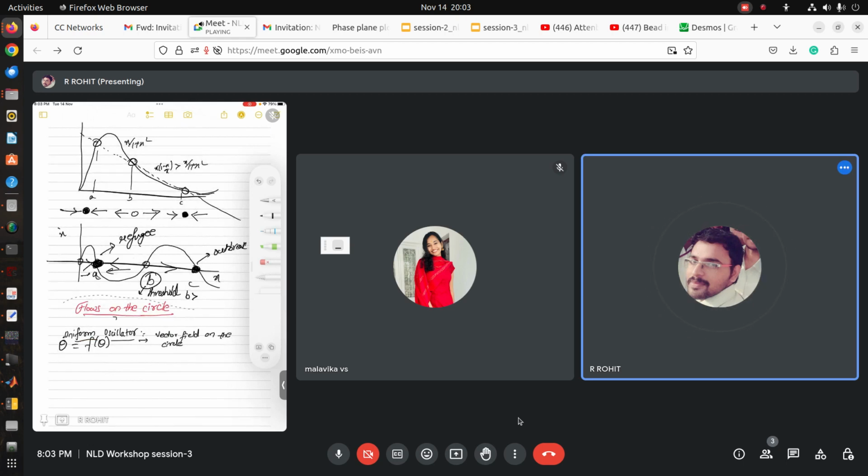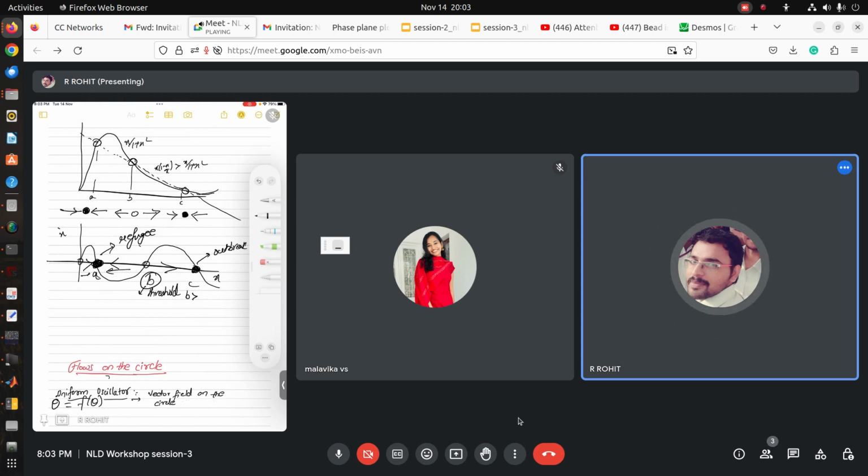So any pest control team will try to keep the values of this population near the A part rather than going to the C part. So C is the outbreak condition point, and the point that distinguishes them both is the B value. So you can now clearly say, if your population is greater than the B value, your system eventually